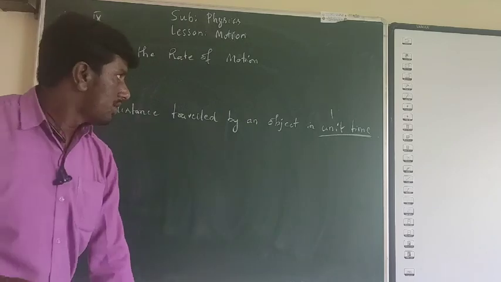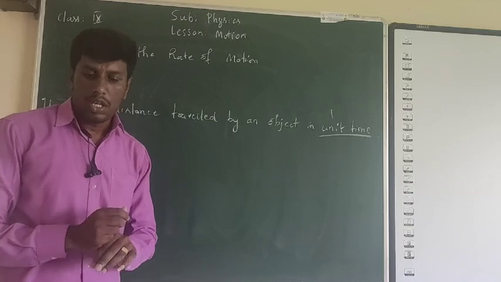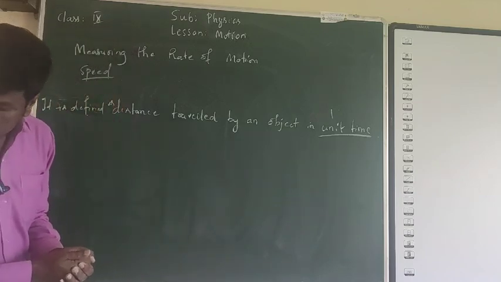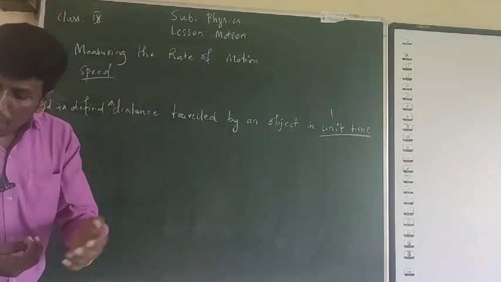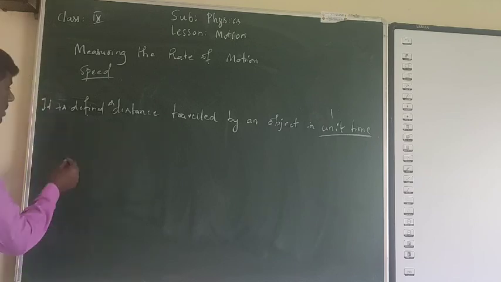Okay, so speed is defined as distance traveled by an object in unit time. It has an SI unit. So the SI unit of speed is